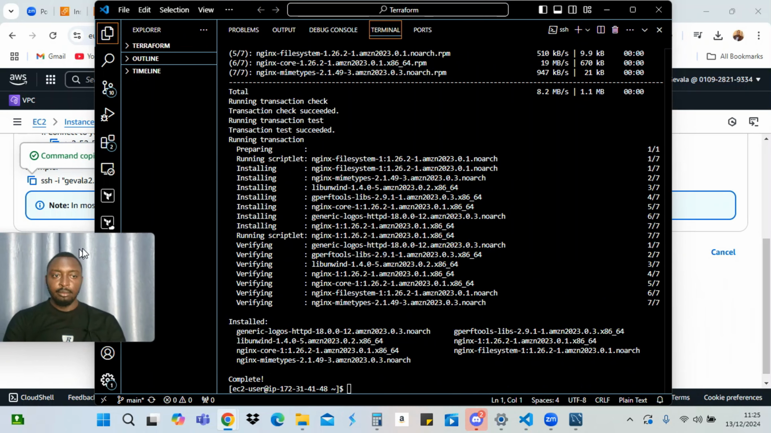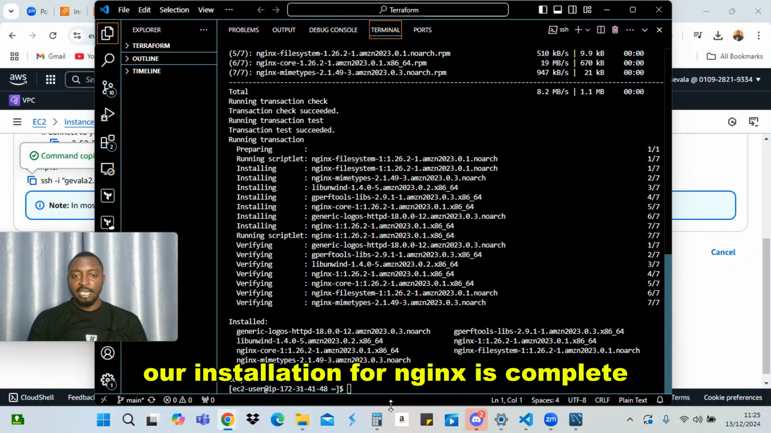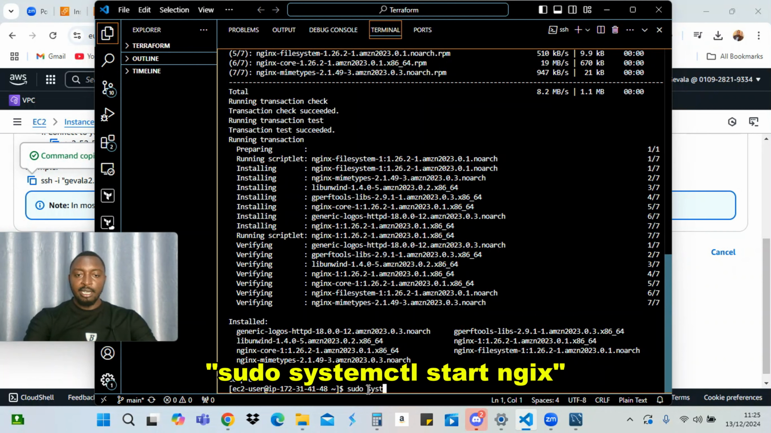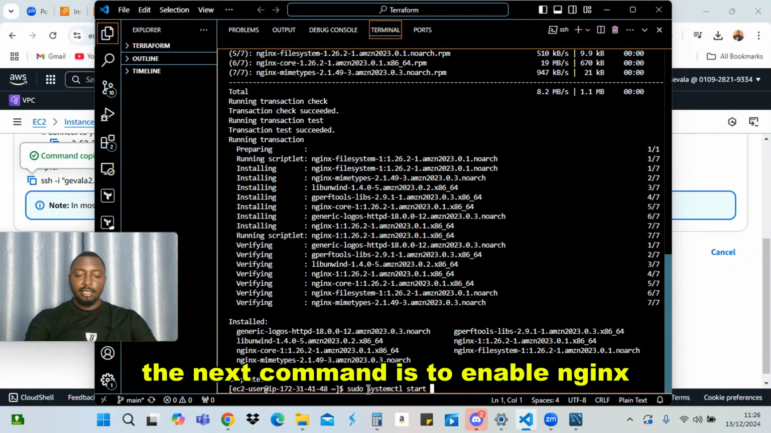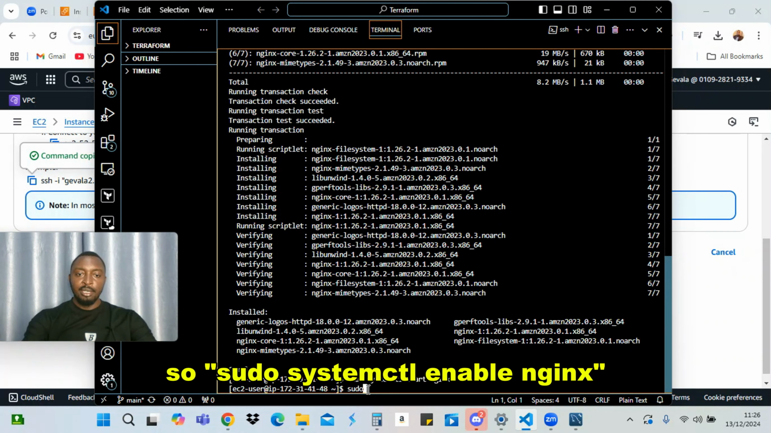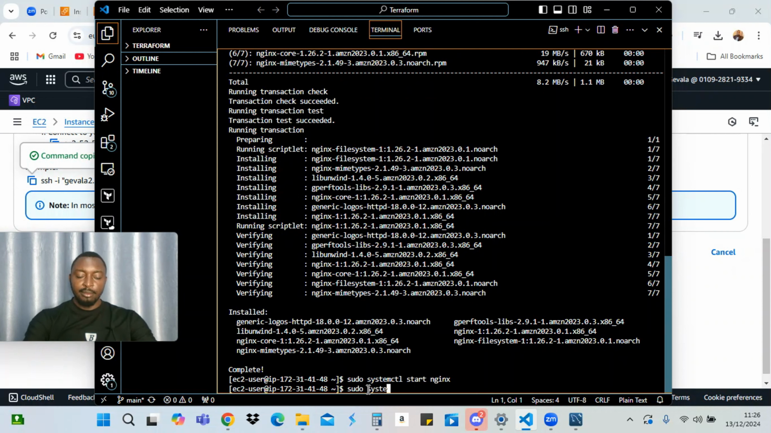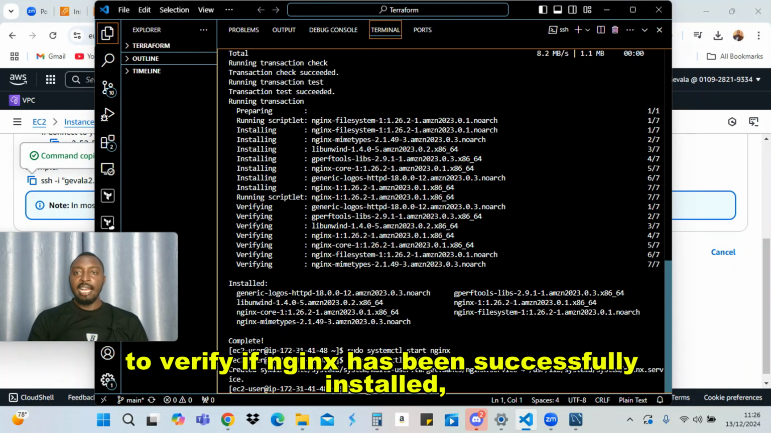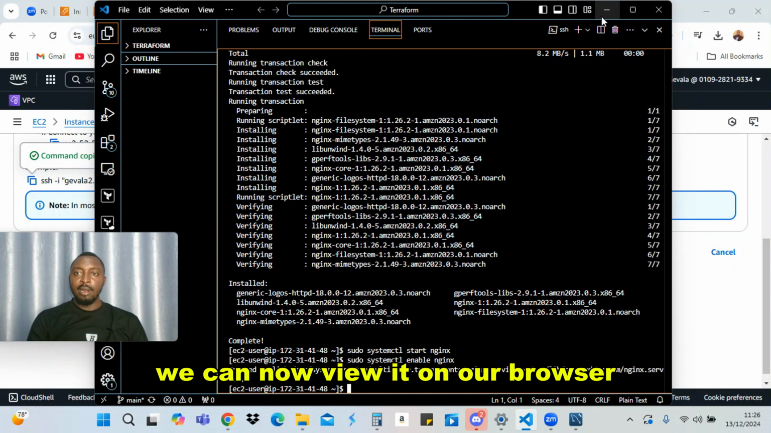So our installation for Nginx is completed. So the next command is to start Nginx, systemctl start nginx. So the next command is to enable Nginx. So sudo systemctl enable. So to verify if Nginx has been successfully installed, we can now view it on our browser